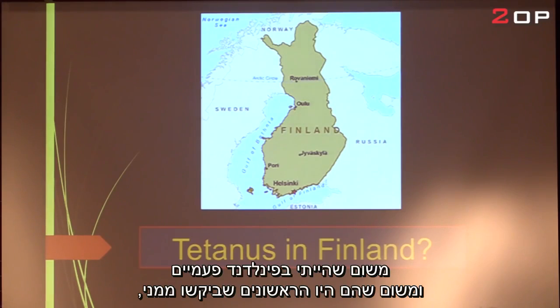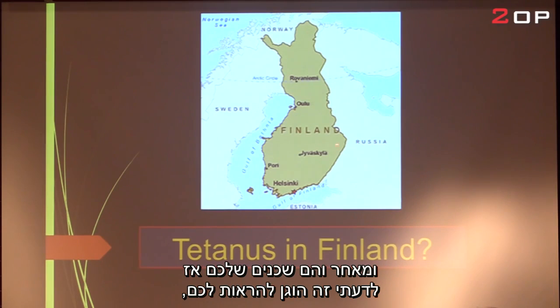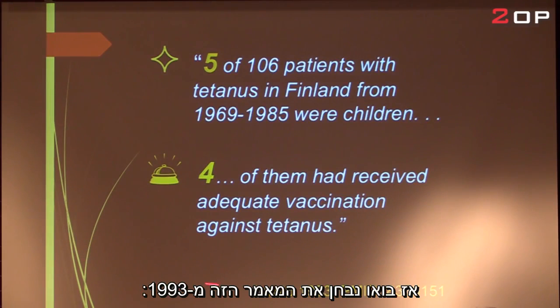Well, because I've been to Finland twice, and because they first asked me for this, I looked up their history of tetanus. And since they're your neighbors, I think that's fair enough to show you. So let's look at this article from